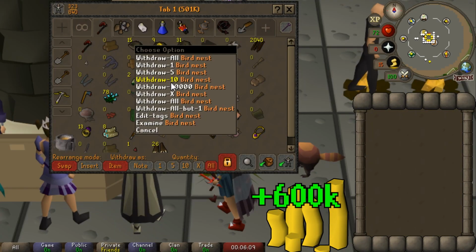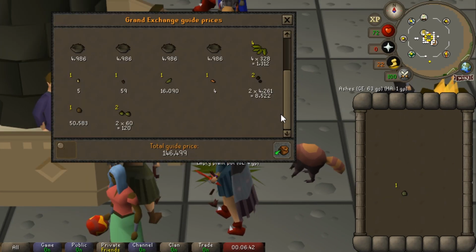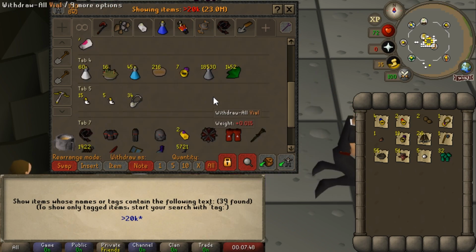I also have like 50 bird nests to open, which we'll go ahead and do that. First inventory is 159k, actually not too bad. And the second inventory was about the same thing. So we went ahead and liquidated everything in the bank that we didn't need, and a couple notable things here